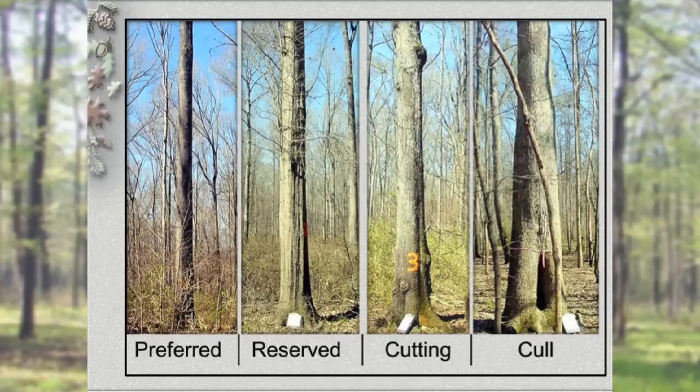The cutting stock individuals are those individuals that have actually poor quality, very large limbs, knotty, and we really can't get much out. So the cutting stock looks at undesirable trees and those trees that actually are not going to make it to the next cutting cycle. And then we have our cull trees. Those would be more wildlife trees that we might leave on the site. Maybe we will get them out if they're actually impeding the growth of other preferred or reserve class trees.